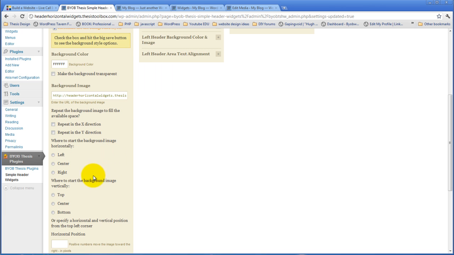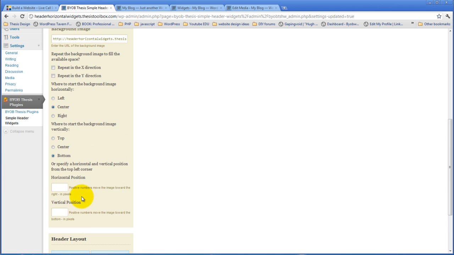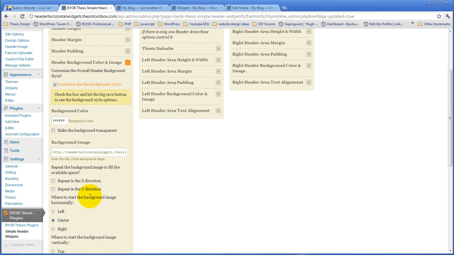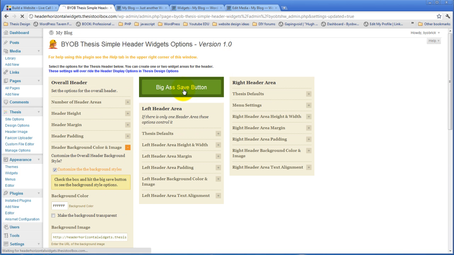And I also want it to be centered horizontally. And I want it to be at the bottom of the header, as opposed to the top of the header or the center of the header, right? I could also specify a specific horizontal position using pixels if I wanted to, but that's more fine-tuning than is actually necessary for this image. So if we go ahead and hit save to this now,